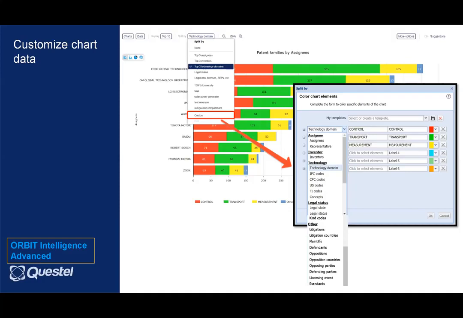So you get a clear-cut idea of what each and every assignee or competitor that you want to focus on is working in, which domain, either a technological domain or classifications or legal status or any other part. You will be able to understand deep into each and every assignee, and you will get all these kinds of charts which are very useful to benchmark your competitors.